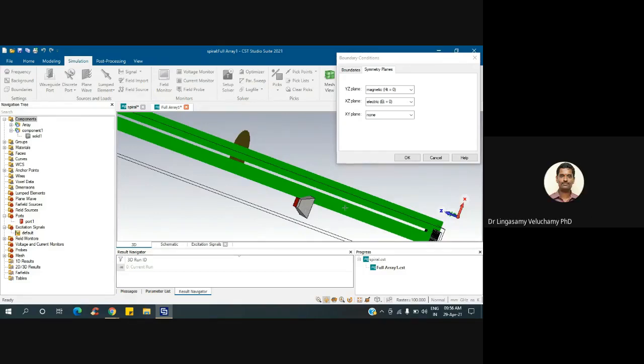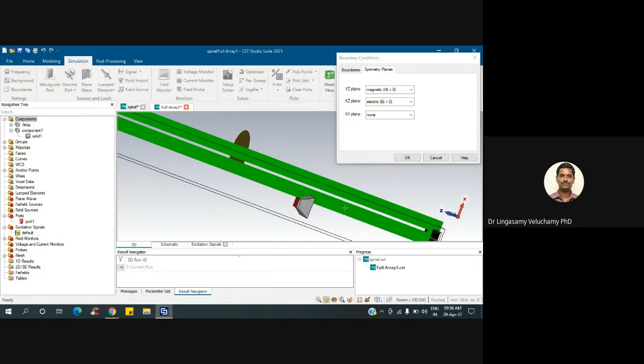So your electric field will be along the XZ axis, right? Yes, sir. Electric field actually will be in the XY plane. So you have to imagine how the T mode excites.